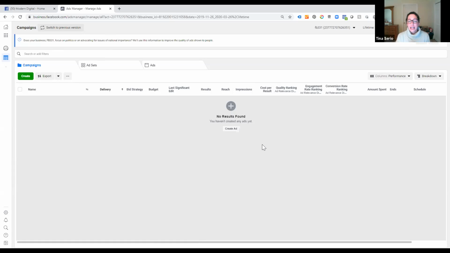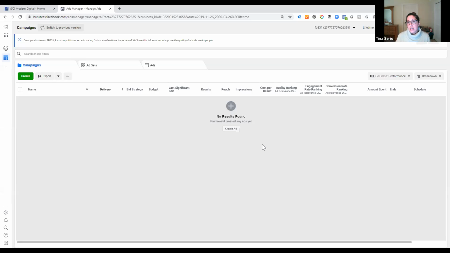Like I mentioned to you, and I think I sent somebody an email, if you're working with your client account, then you need to ask your client to give you access to a few different things. So you need to get access to their ad account if you're going to be running ads. You need to be a page admin if you're going to be posting on their page. And if you need to make changes to their business settings, which includes setting up a pixel, you'll need to have them give you access to the business account too.